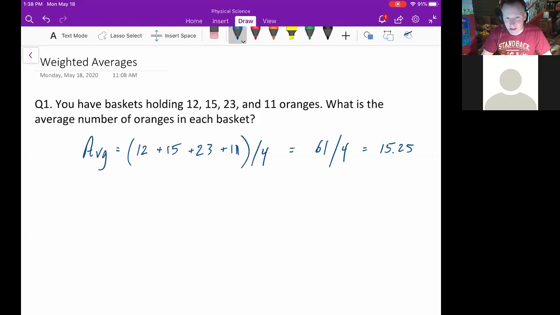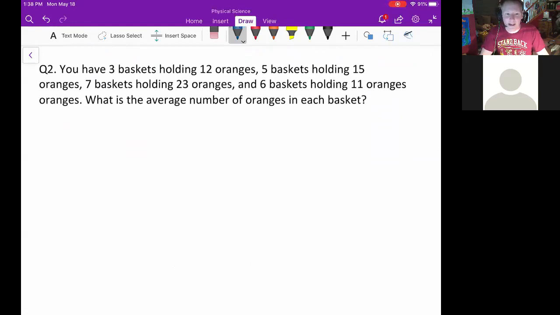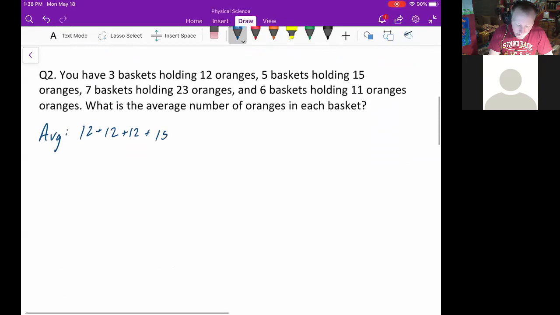But of course, averages are pretty useful, and we use them in a lot more complicated situations than 4 baskets with different numbers of oranges. So let's take a little bit larger sampling. Let's say that you have 3 baskets that each hold 12 oranges, 5 baskets that hold 15 oranges, 7 baskets holding 23 oranges, and 6 baskets holding 11. Now you could write this out, and you could say that the average is going to be 12 plus 12 plus 12. That's 3 12s. Then we have 5 15s. And you would just keep going like this, too much. The easier way to do it